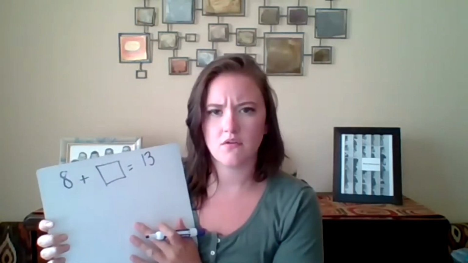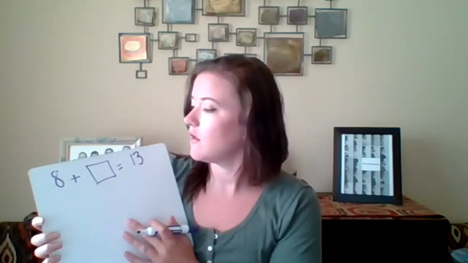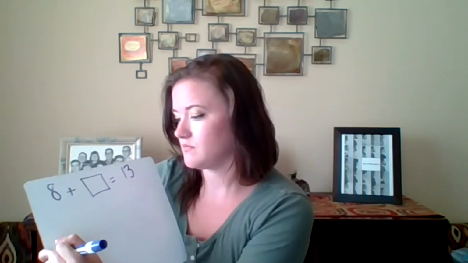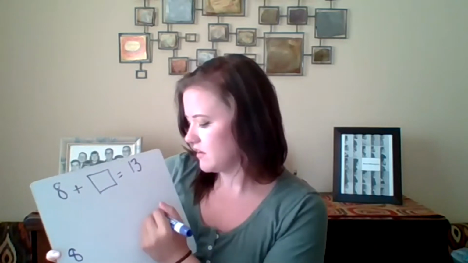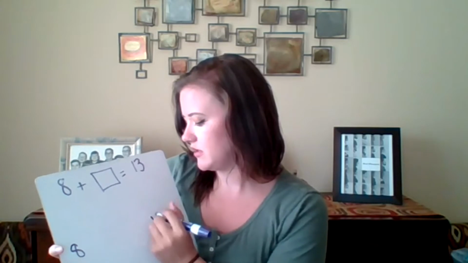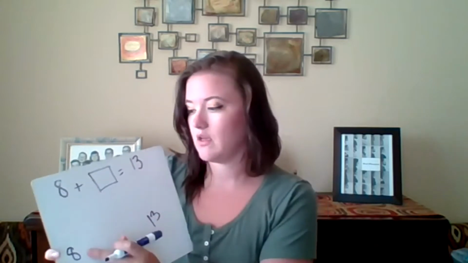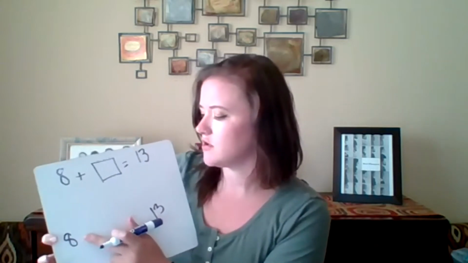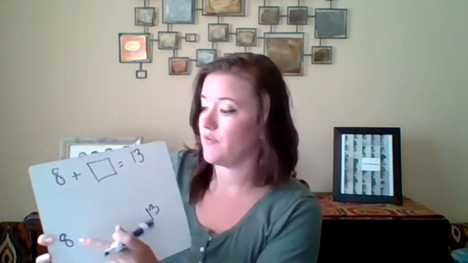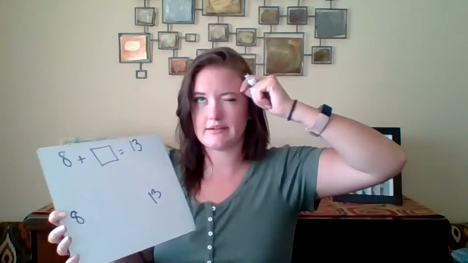So now what can we do to solve it? I know. How about we do a number line or number path? So I'm going to start with 8 right here. I'm going to end with 13 right here. And all I'm going to do is draw some circles all the way to 13, but we're going to be counting up, okay? So we have 8, like 8 in your brain,